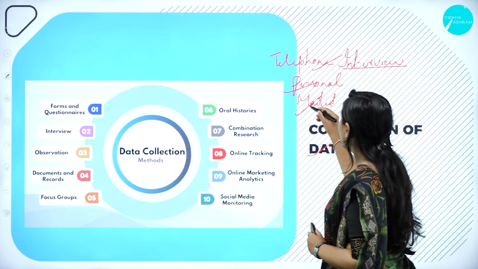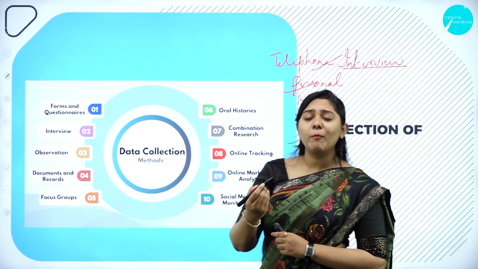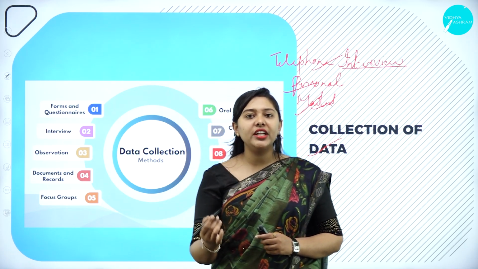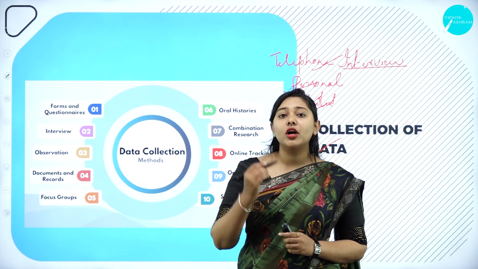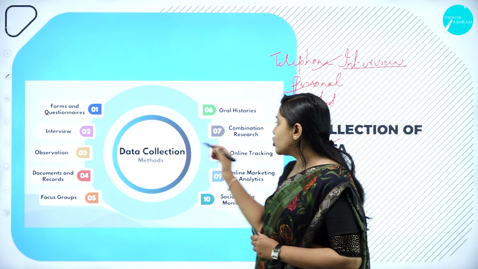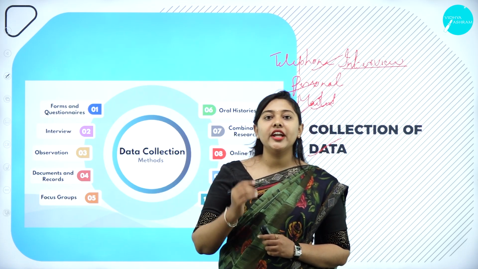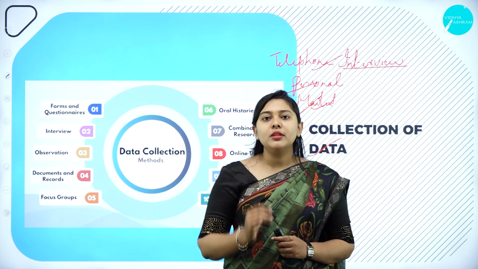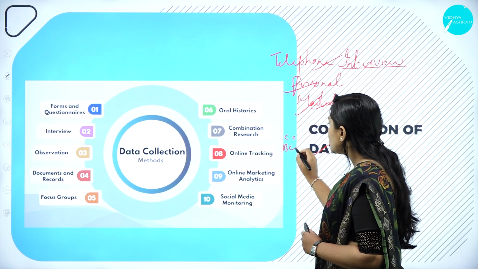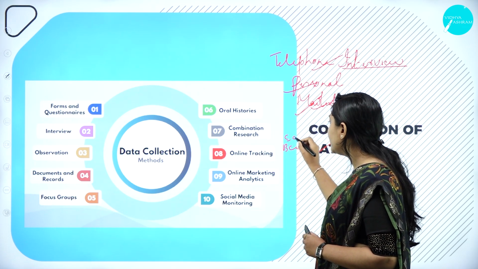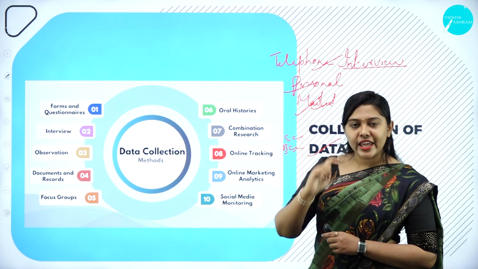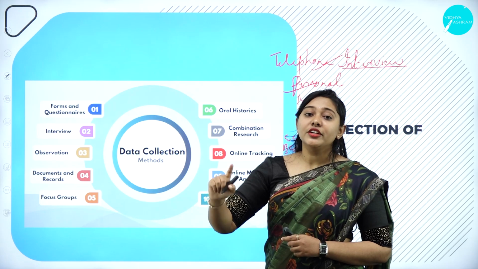Now we'll discuss the mailed questionnaire. So what is this mailing? With the advancement of technology, with the help of the internet, all across the world, or across borders also, we can mail them. Electronic mail, with the help of internet, we can mail them. In mail we have the options CC, BCC. So what is this CC? This is carbon copy. What is this BCC? Blind carbon copy. So when the same message has to be sent to different persons,